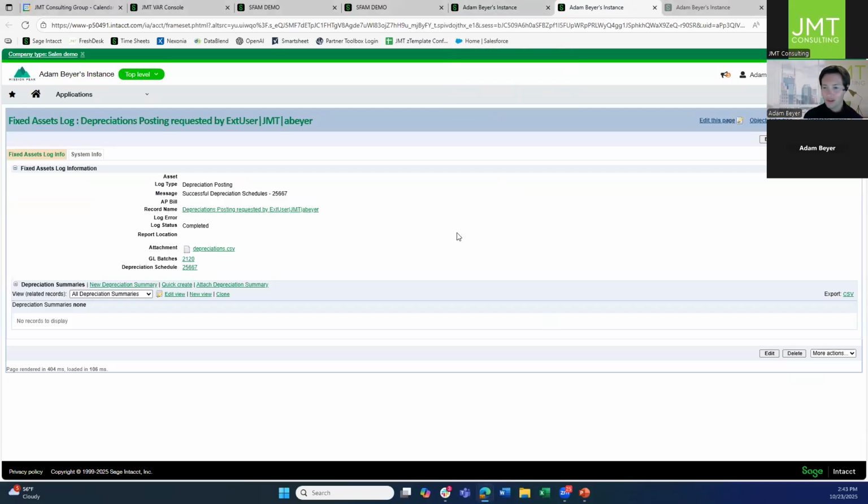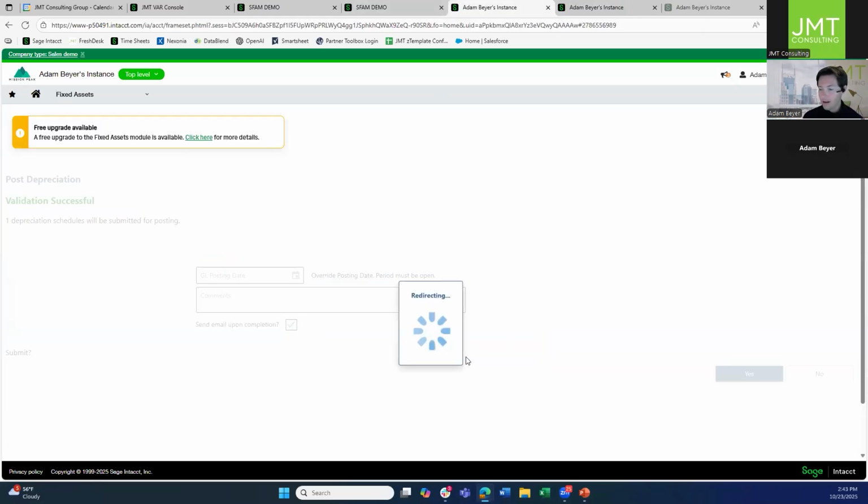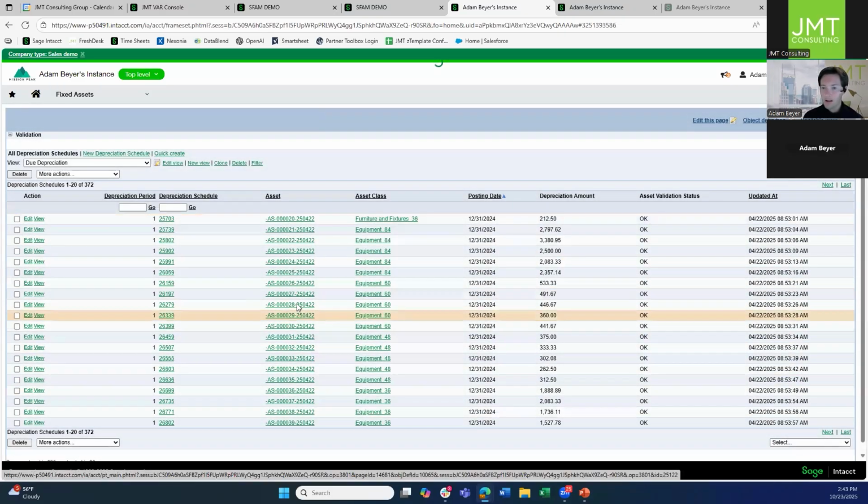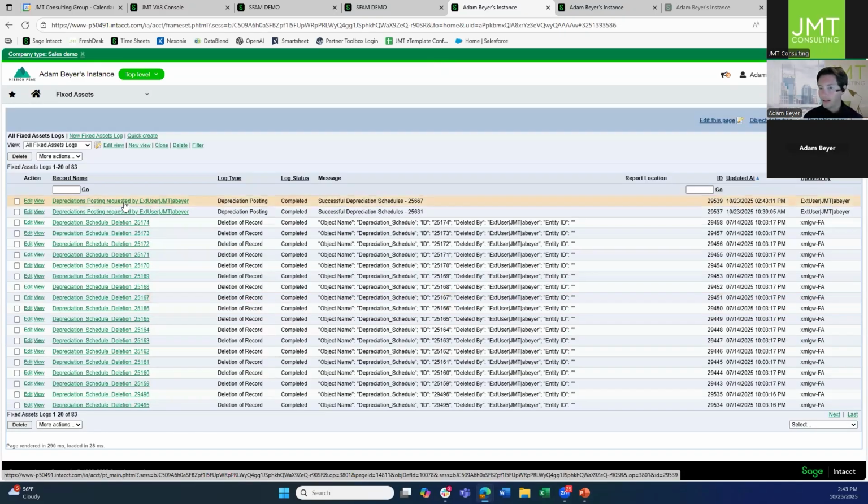Normally, if you have more schedules, it's going to take anywhere from 5 to 10 minutes or so. If you have 1,000 schedules, it might take 12 to 15, but it'll be running in the background. If you decide not to click on that hyperlink, you just click done. You can always get back to your fixed asset log here by clicking on fixed asset log, clicking on the latest one,